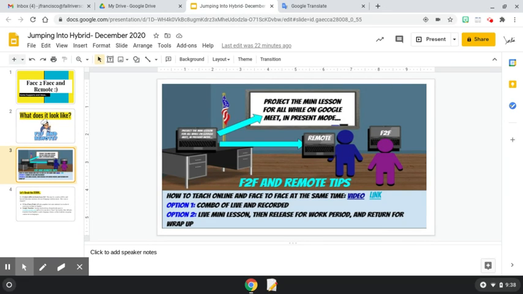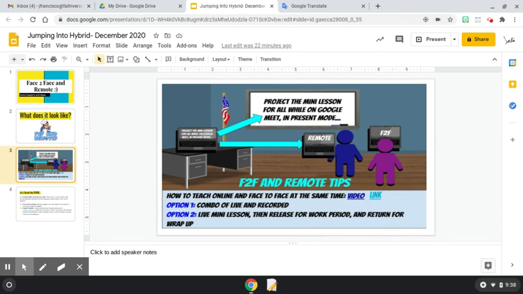So it's workshop model. Those kids in front of you would then be doing the work. The kids at home would also be doing the work. My suggestion would be logging those kids off of the Google Meet so that they can go and work. And again, this is K through 5, 6 through 12, so you've got to take what I'm saying with a grain of salt and adjust for your grade level. But you could release the kids for the work period and then have them return into the Google Meet